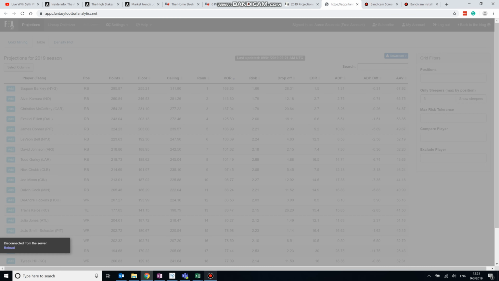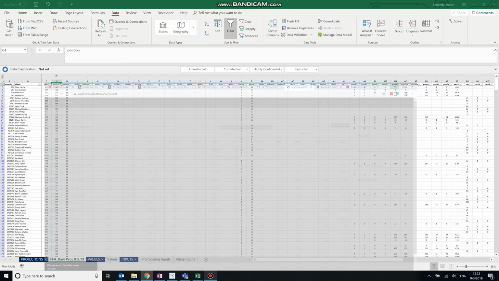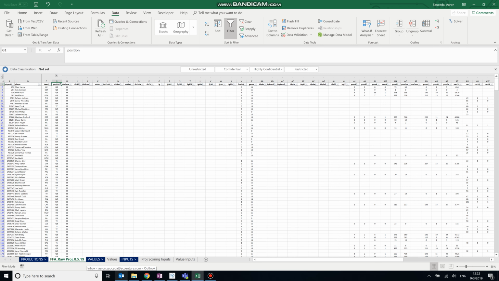It always starts with a set of projections, so I like to go to fantasyfootballanalytics.net. They essentially pull all of them together from a bunch of different sources and take the wisdom of the crowds. I think they weight them based on past predictiveness. But anyway, I go to that. It's hard to see here, but I just export a raw file, and that would then go into this little